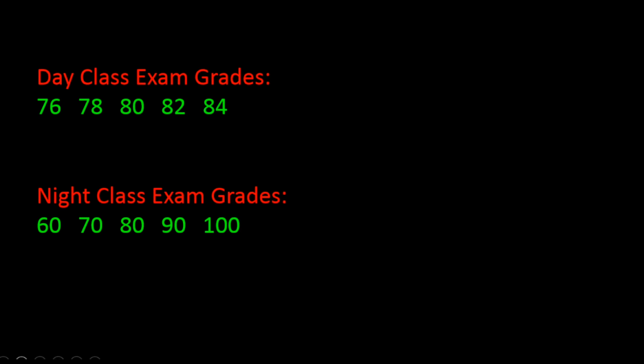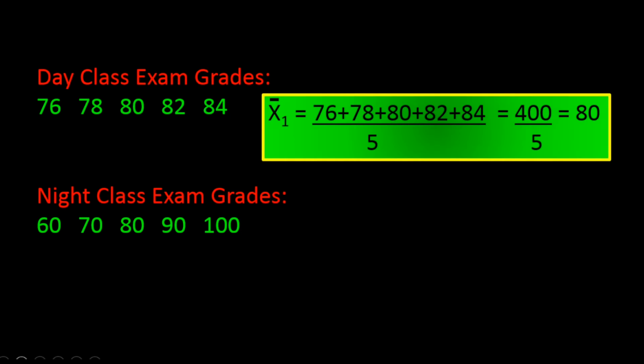At first glance, you should be able to see that the mean for both is the same, a grade of 80. We can see that just by looking at the numbers. The balancing point is in the middle, and that's at 80. But if we calculate it formally, we get x bar 1, the sample mean for sample 1, the day students, and it is